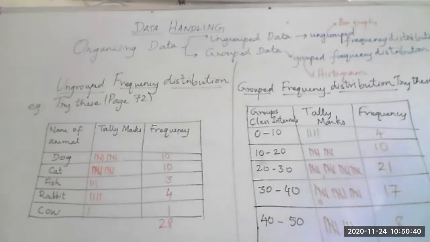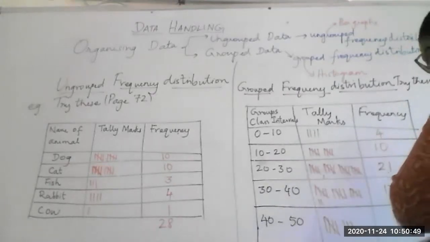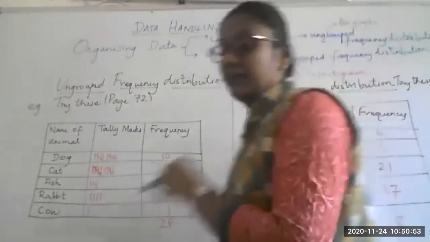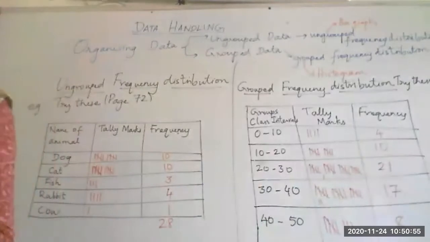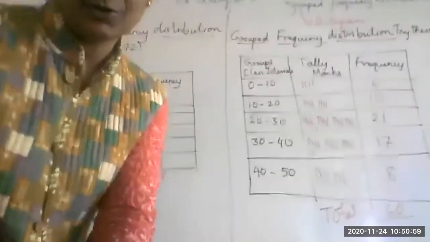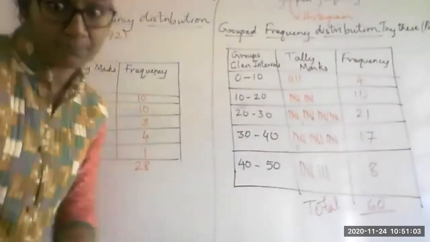So total 8 plus 8, 16, 20, 60. Perfect. See, our total is 60. So we have not skipped a single entry. Good. So we are being very, very careful, right? So you should total it like this and should be able to show. I hope on my laptop it is visible.